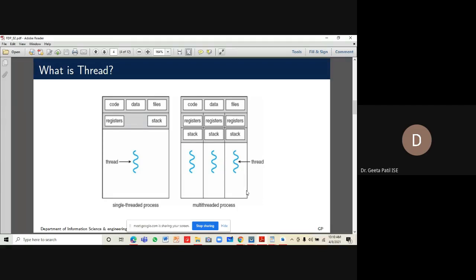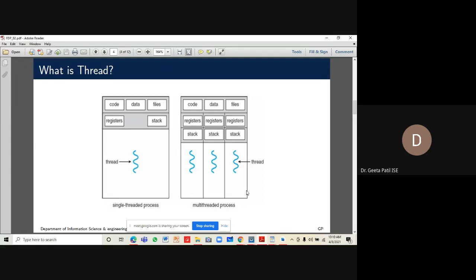When you open a file from the hard disk, Microsoft Word has got code to open the file, code to communicate with the file open activity, right? So Microsoft Word has got code. When the file is open, the file itself is called data.